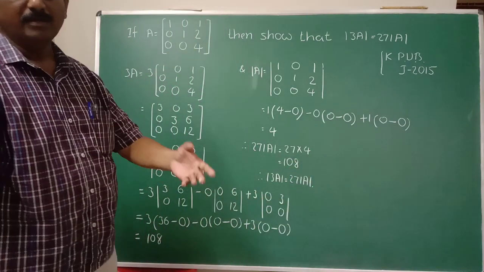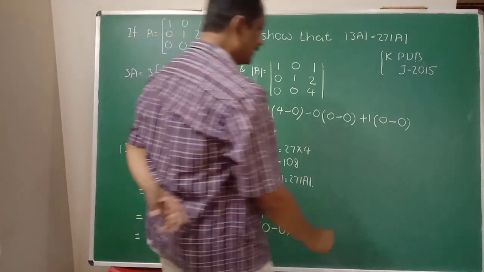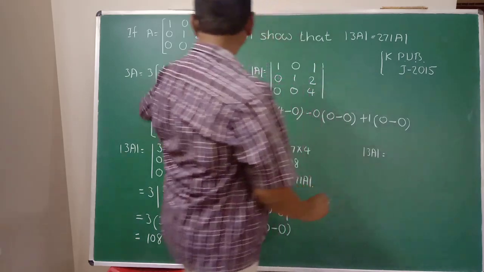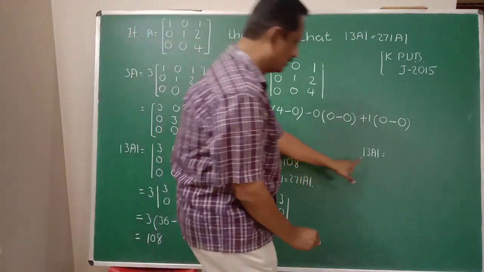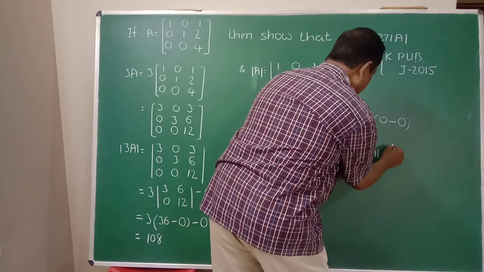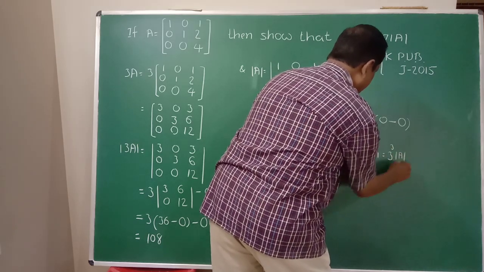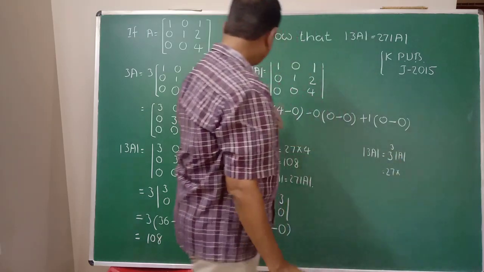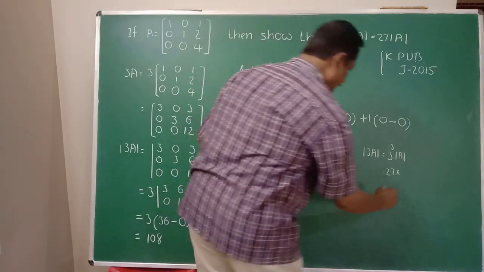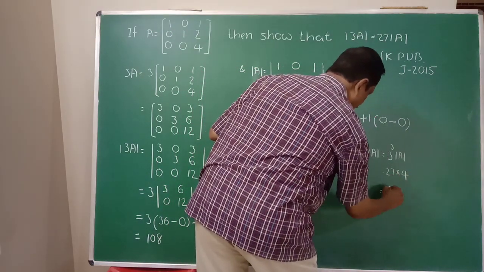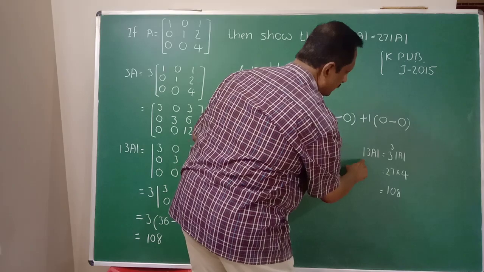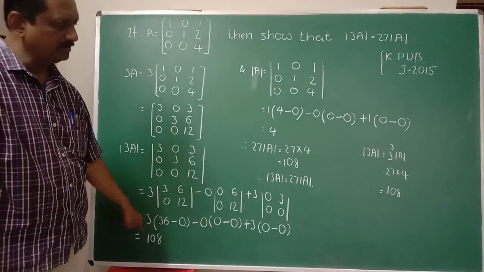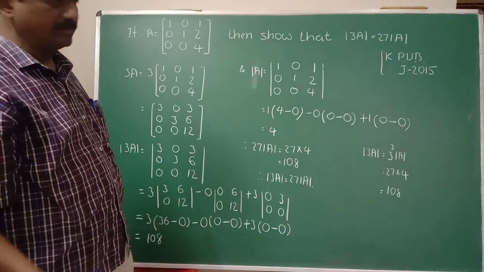Using that note here, you can verify. Just observe here: determinant of 3A, here it is a matrix of order 3, so 3 is a constant here. 3 raised to 3 into determinant of A. So 3 cube is 27 and the determinant of A value is 4. So 27 into 4 is equal to how much here? 108. So determinant of 3A is 108, which is the same as this value. So you can apply that formula here.